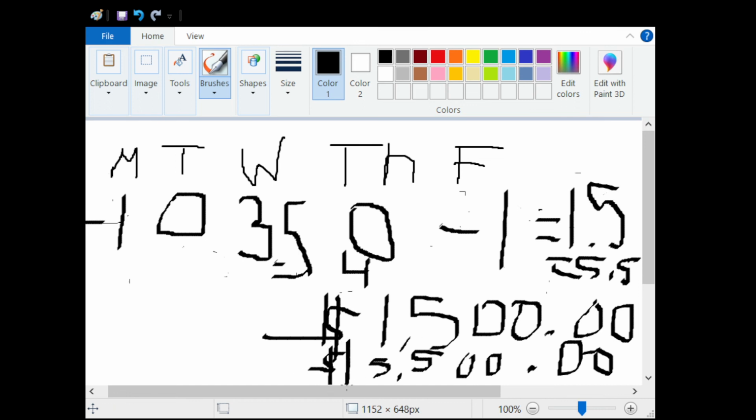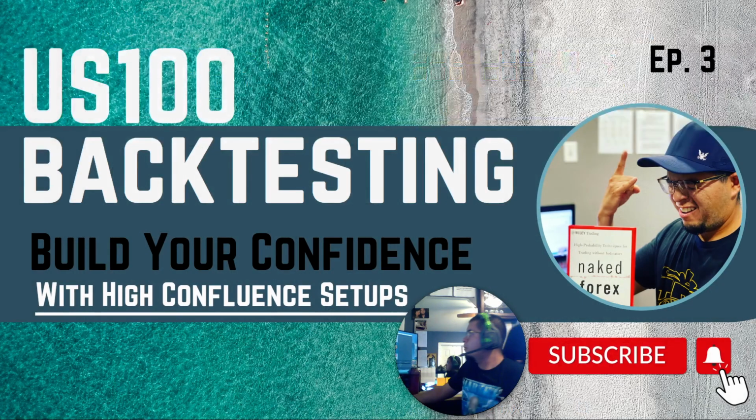So with that being said, guys, this is Martin Day Trades. I'm Martin Gonzalez. US100 backtesting. Build your confidence with high confluence setups. I just went over a whole week's worth of backtesting and still made 1.5%. So just want to let you guys know that this is all manipulated, and you should be backtesting before even entering the live markets, so that you can build that confidence with seeing the actual historical markets move,